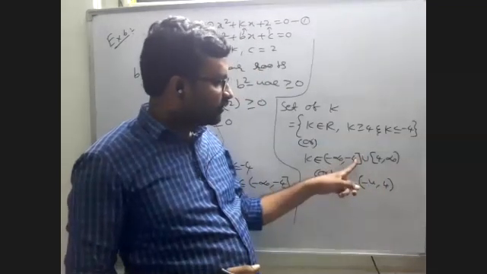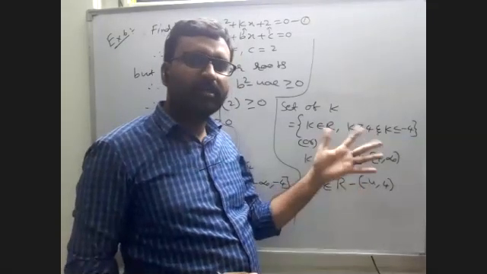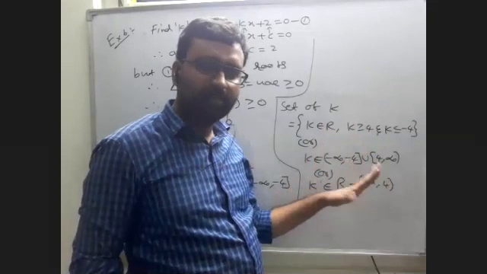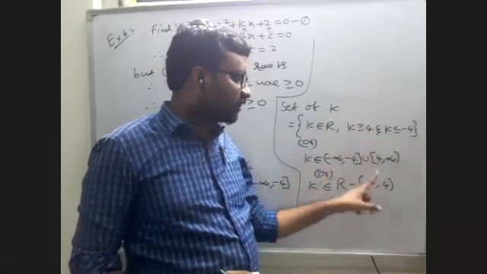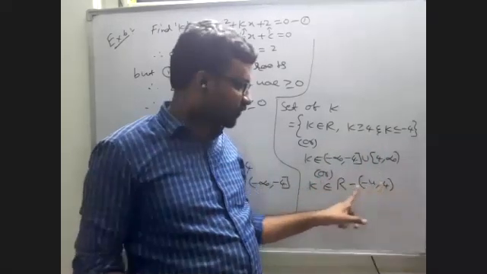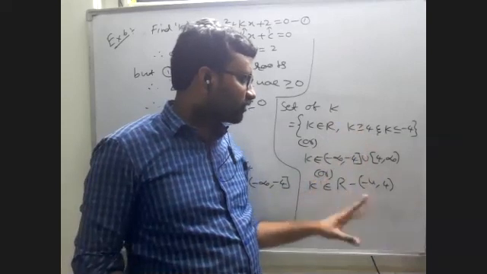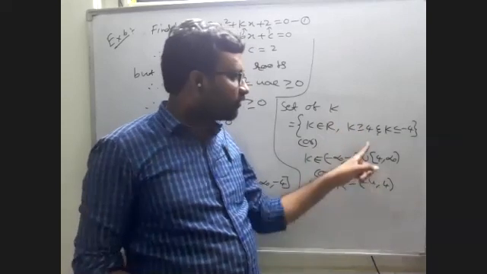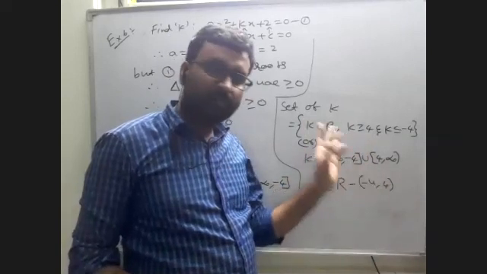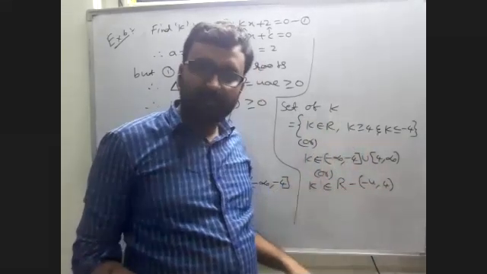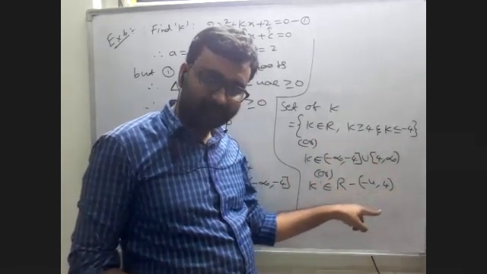Same here also. Minus 4 exists, but after minus 4 what? Minus 3 does not exist. Minus 2 does not exist. Minus 1 does not exist. Why? Because we are subtracting minus 1. And here also 0 is not there, we are subtracting 0 also. 1 not there, we are subtracting 1 also. 2 not there, we are subtracting 2 also. 3 not there, we are subtracting 3 also. 4 is there, we are not subtracting 4. Why? Because open bracket is there.